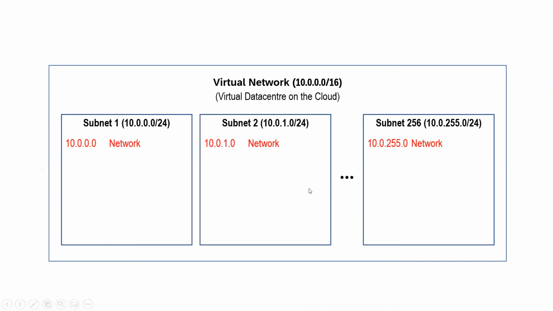Now, what happens under this virtual network? I can create up till 256 subnets. Okay, this part is clear. Under this virtual network, I can create up till 256 subnets. Is this part clear? Yes, everyone. Okay. Yes, sir. Now, under each subnet,